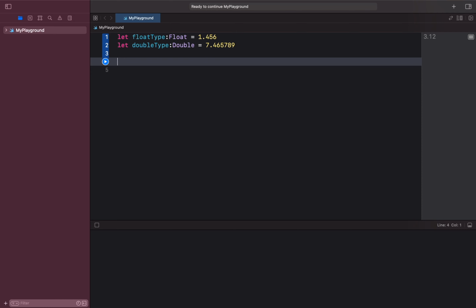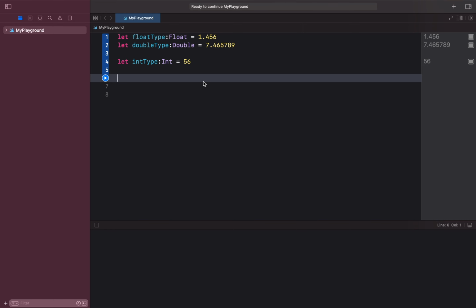And let's say we declare an integer type as well for the conversion purpose. I would say 56. The conversions between integer and floating point numeric types must be made explicit.